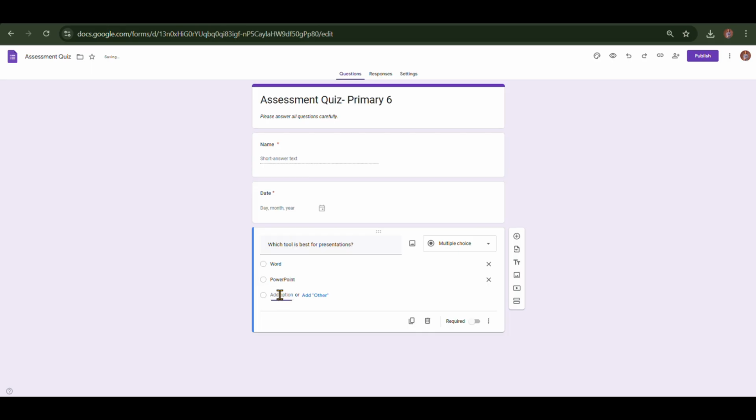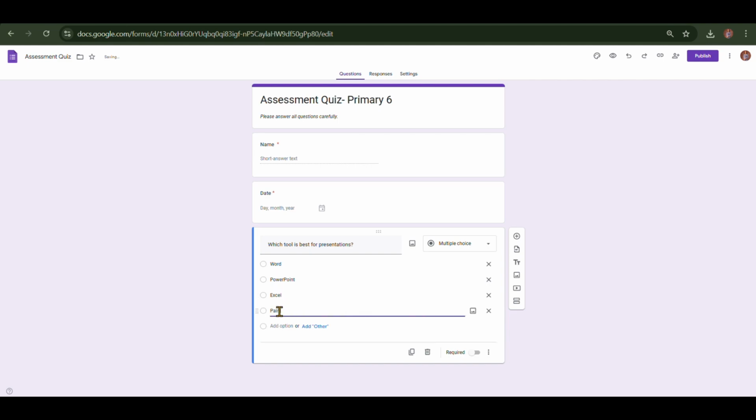So option 3, Excel. Option 4, Paint. So either way, the main thing is to give your options. Alright, so one way is to add the question to start another one. Another way is to use this. If you use duplicate question,